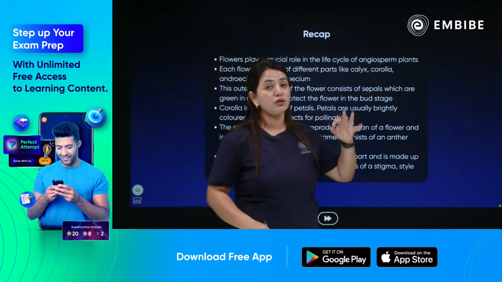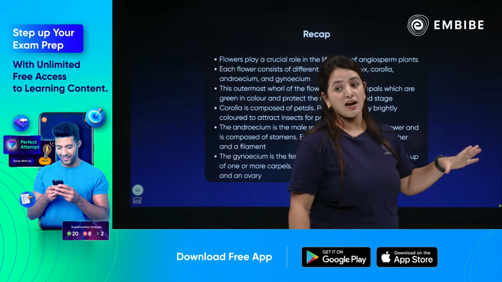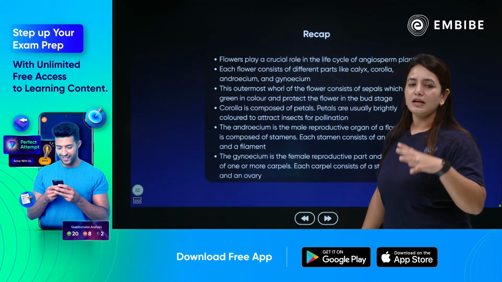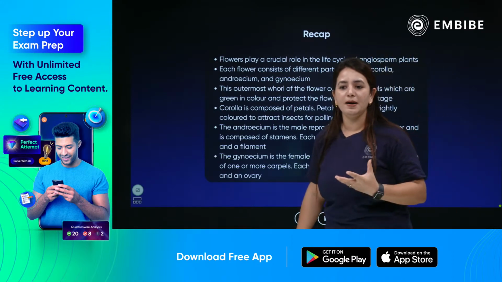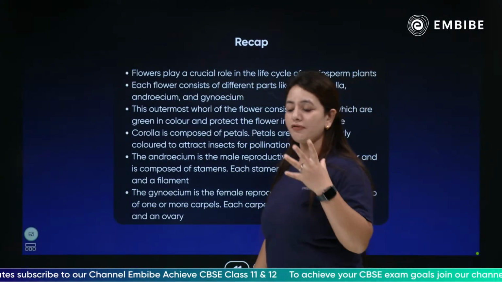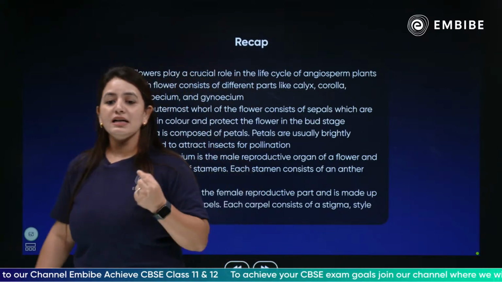You must have gone through the morphology of flowering plants in the 11th standard NCERT. You know that the corolla is a collection of petals, a group of petals, with a single unit called a petal. You know what the calyx is? The calyx is a group of sepals, and a single unit is called a sepal.